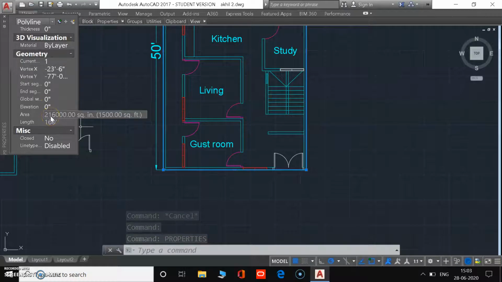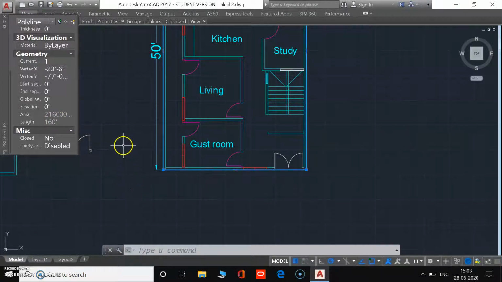Here you can see the area is 2 lakh 16,000 square inch, or 1,500 square feet, and its length or perimeter is 160 feet.